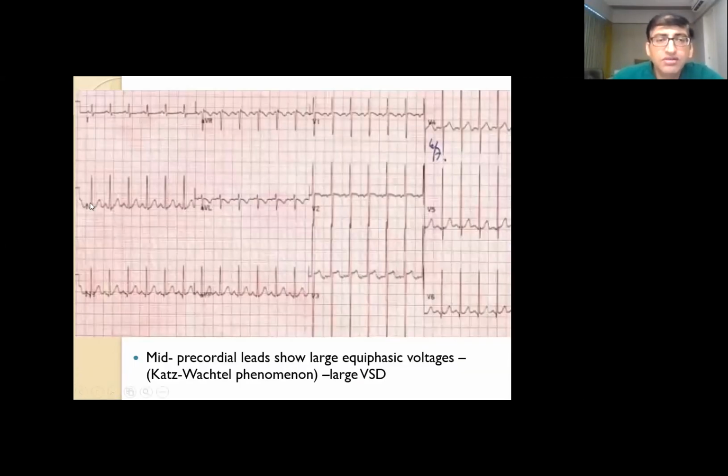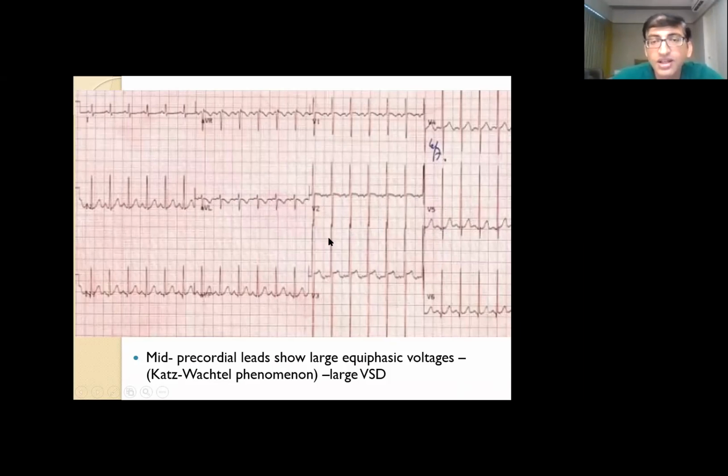Coming to VSD. VSD will have a normal axis, because the normal axis is also towards the left and downwards. So it is going to have R waves pointed upwards; lead aVF and 1 both will be upwards. The important finding suggestive of left atrial and left ventricular dilatation is a Q wave in V5, V6. The Q wave is the small wave in the QRS. So when you have a tall R wave in leads 5 and 6 and a Q wave in 5 and 6, it is suggestive of left heart dilatation.